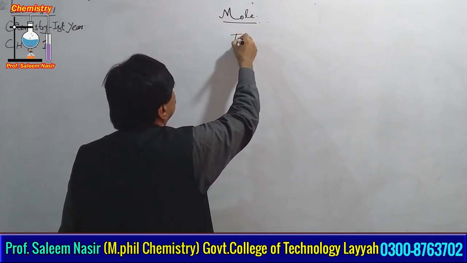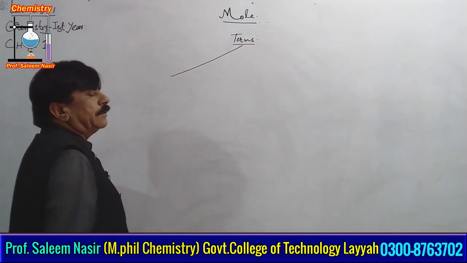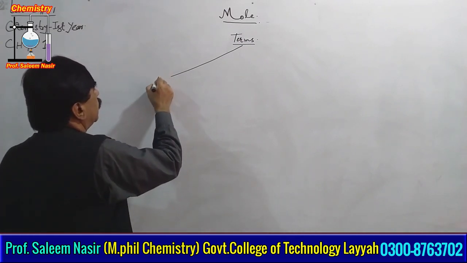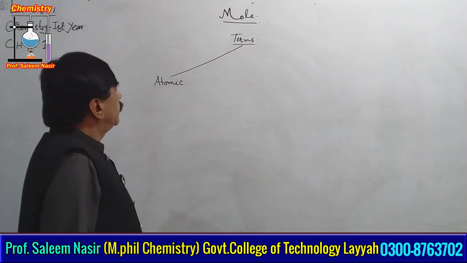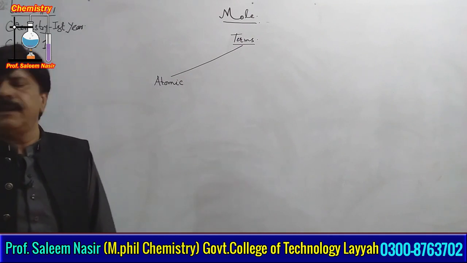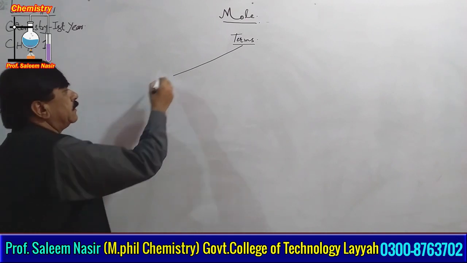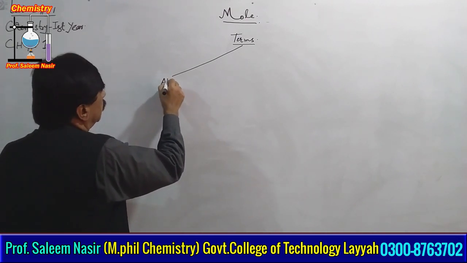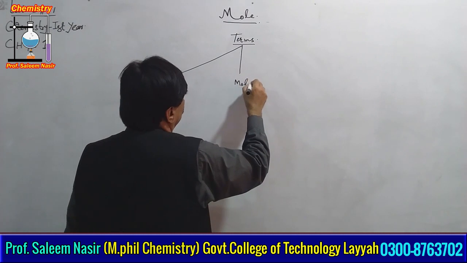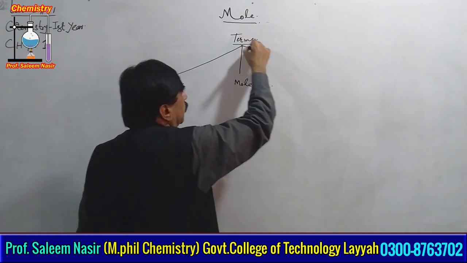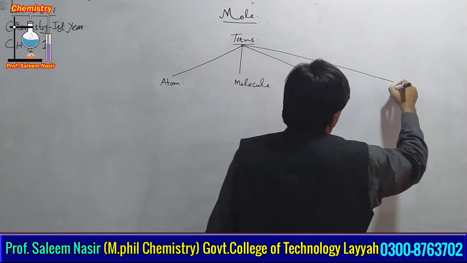take some terms. We have already studied that the terms are atomic mass. Consequently, we can also go back. Before atomic mass, we can consider atom, molecule, ion, molecular ions,